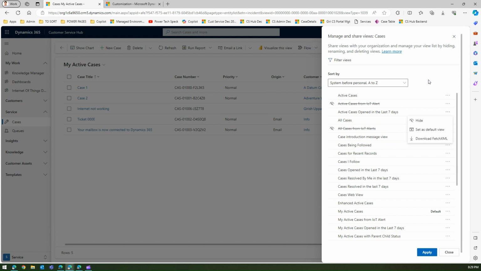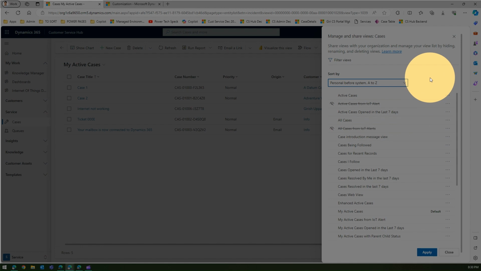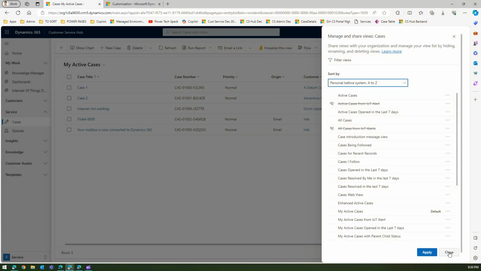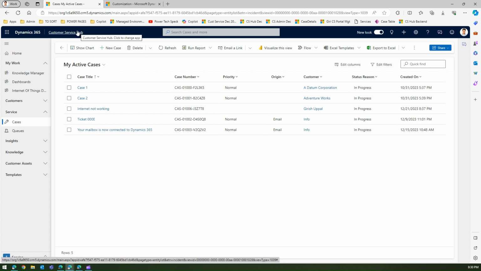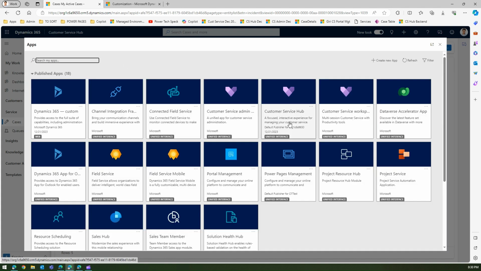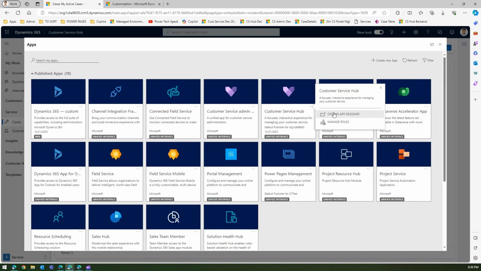So what if I want to hide, say, enhanced active cases, or maybe some other views? Let me go to the personal views over here. If I want to hide some of the views for my organization and not just for myself, what are the options? For that, you need to open the application. If I click on Customer Service Hub, I will open this application. If I click on the three dots and click on open in app designer,